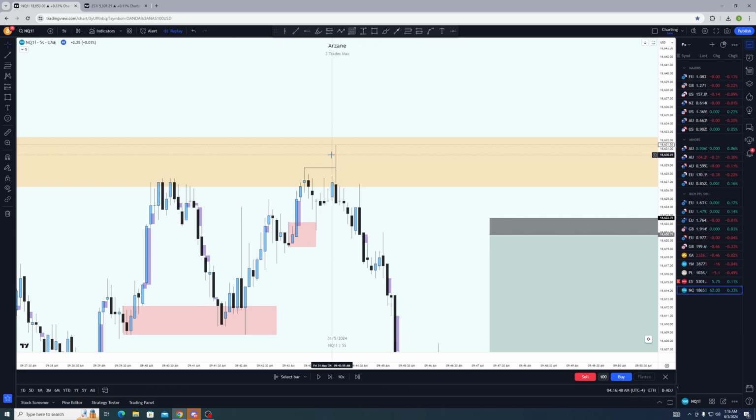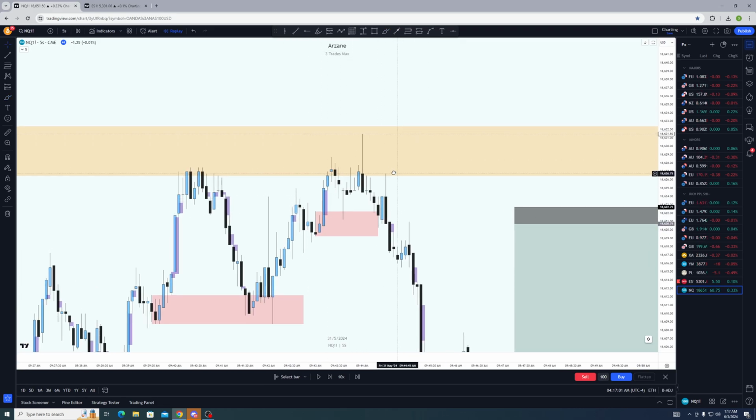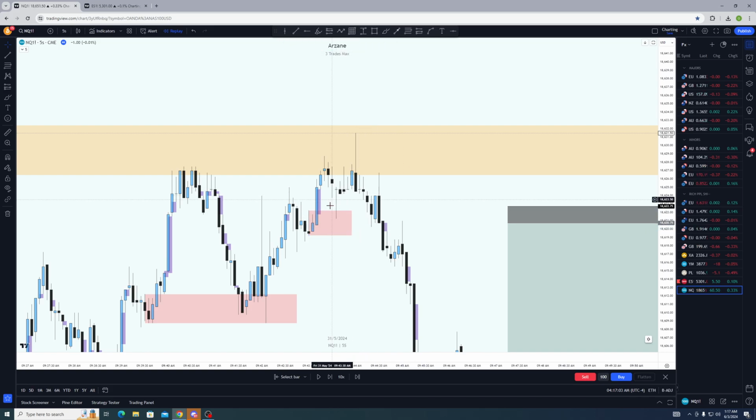To me, this doesn't matter. I don't care what you call it. Rejection. If it couldn't close above and close right here, that's cool. If it wicks up here, that's cool. I consider this a failure regardless. And so Perry's idea is, where we failed to continue and displace higher, if we